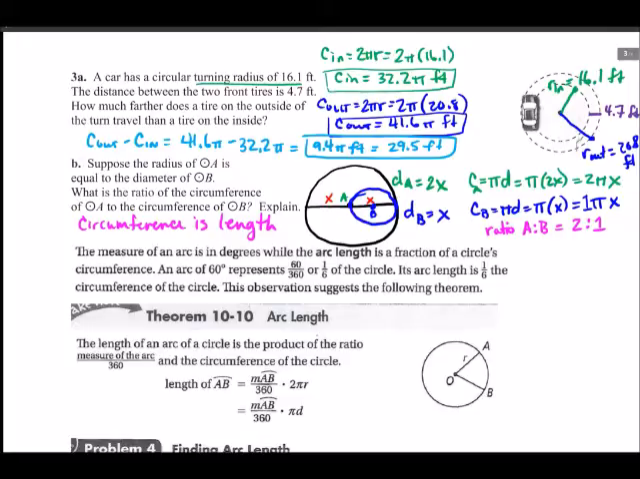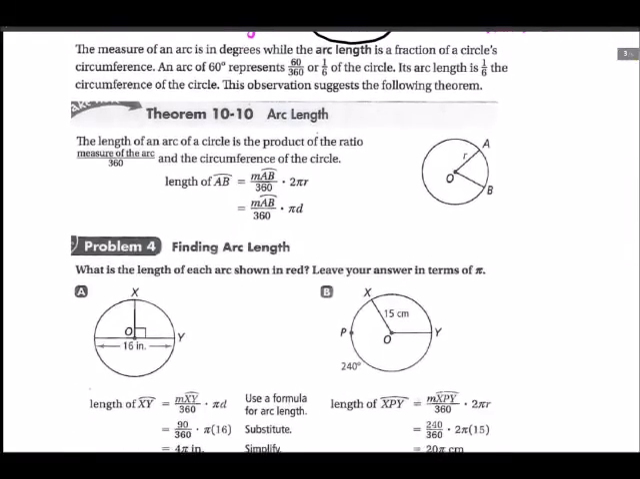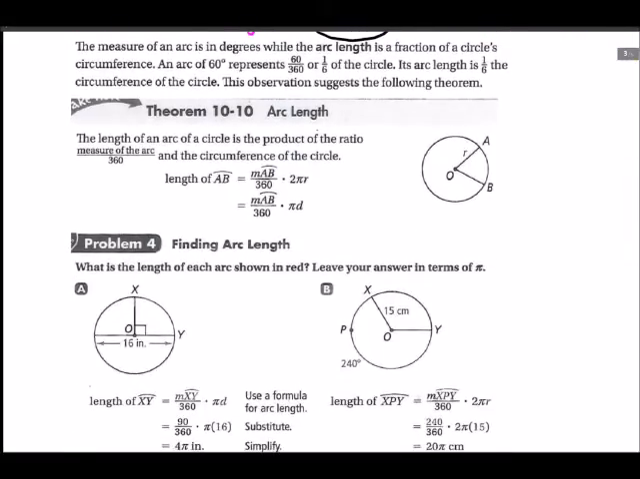All right, well, why do we care about circumference? Because we want to talk about arc length. The measure of an arc in degrees,